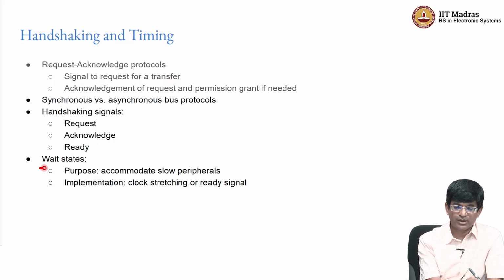This also makes it easy to insert the idea of wait states, meaning that if I have a peripheral that is slow, the peripheral could acknowledge that it received the request. That could happen immediately. In fact, the peripheral may not even respond. It may just be the bus logic that tells the CPU, okay, I got the request, now I'll go get the data from the peripheral and I'll wake you up again when the data has come, right? So you could either do that, or you could just tell the CPU, you need to wait, I will let you know when the data is ready. And you can basically make the CPU wait until the data has come back, and by doing that you can accommodate slow peripherals.